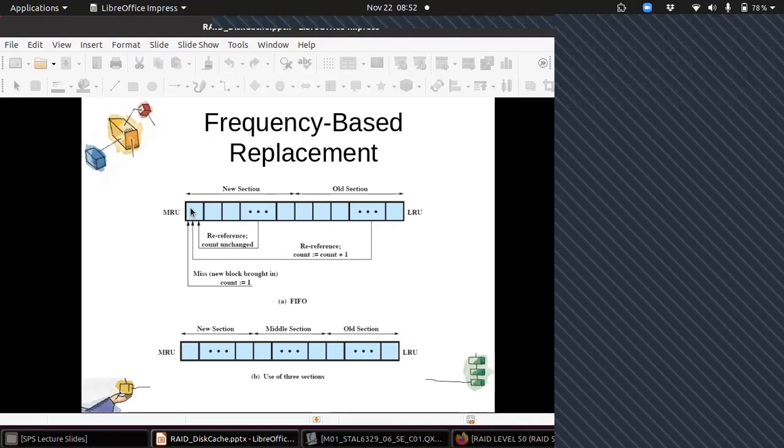But the problem is, let's say, for a shorter interval of time, one particular block is frequently referred, but as it was referred in a shorter interval of time, its count value is not incremented much. Its count value is not incremented because it was in the new section. It is always 1.